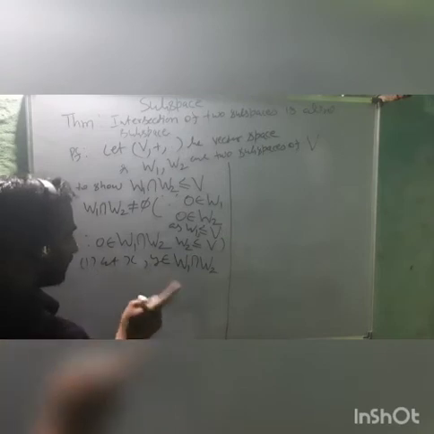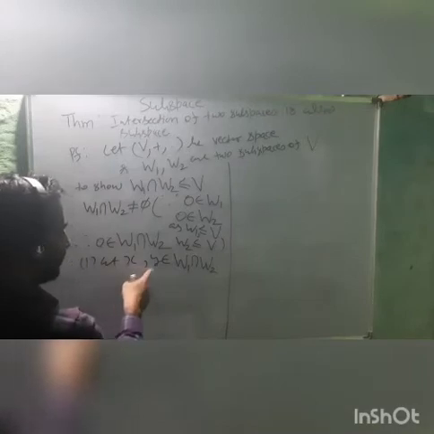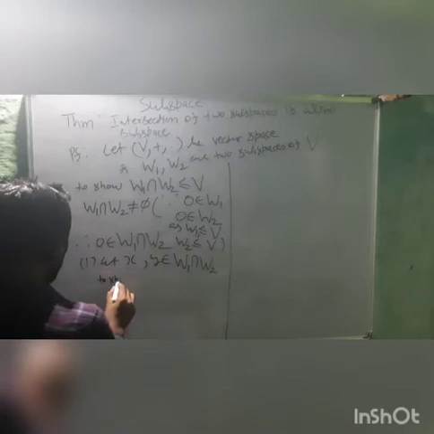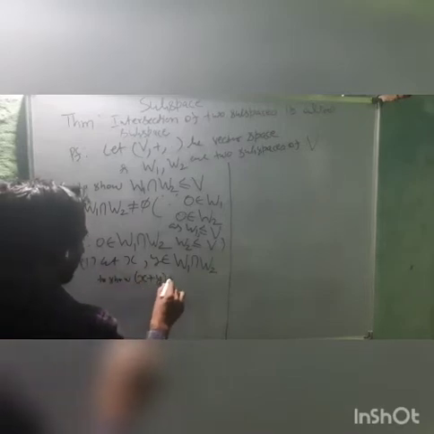Now as per the first condition of the two-step criteria, we have to show that their sum, that means closure with respect to plus, is also going to be here. So finally we have to show x plus y must also be in W1